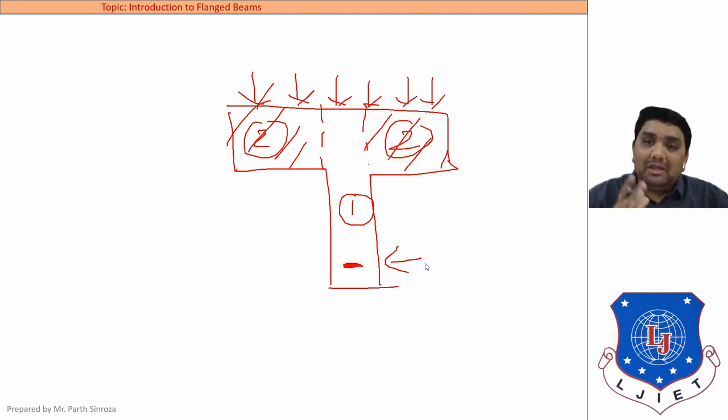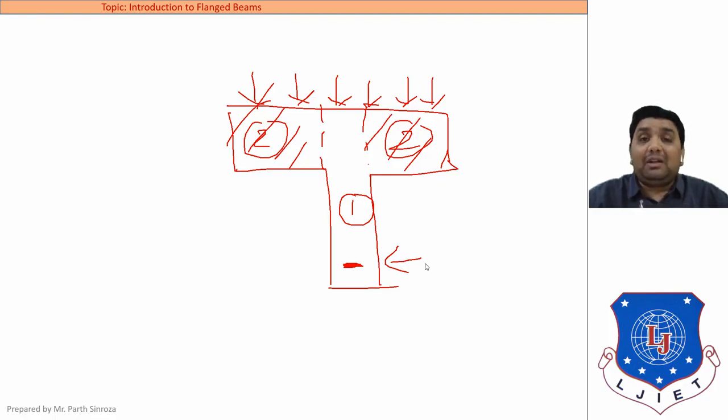There are two types, singly T and doubly T. Doubly T we will look at in future lectures. Now we are focusing on singly T, that means the steel bars are provided only in the tension zone. So our section 2 will comprise only of concrete. We need to see two types of stresses. The first is the tensile stress due to steel, and the second is the compressive stress due to concrete. The tensile stress due to steel will always be in the first section, and the major compressive stress due to concrete will be in the second section.